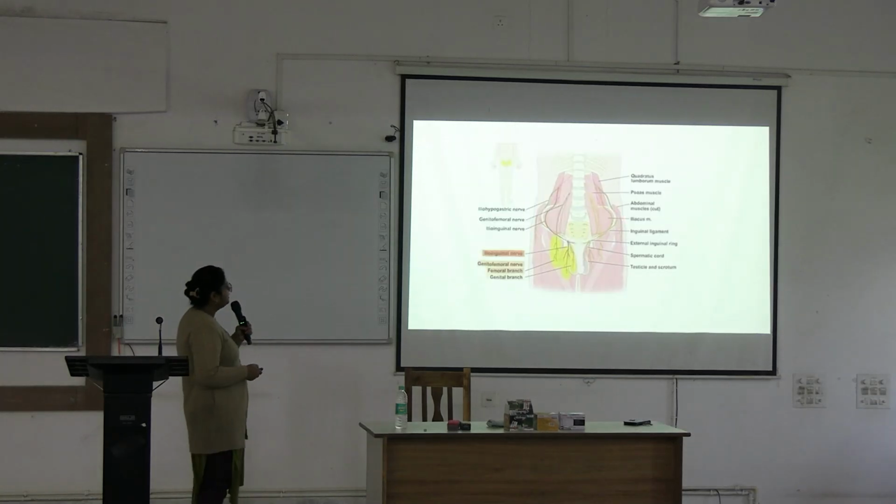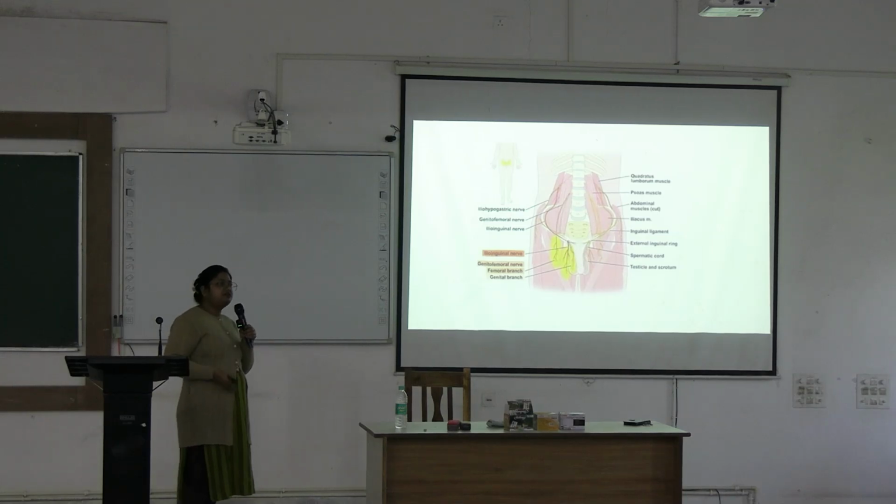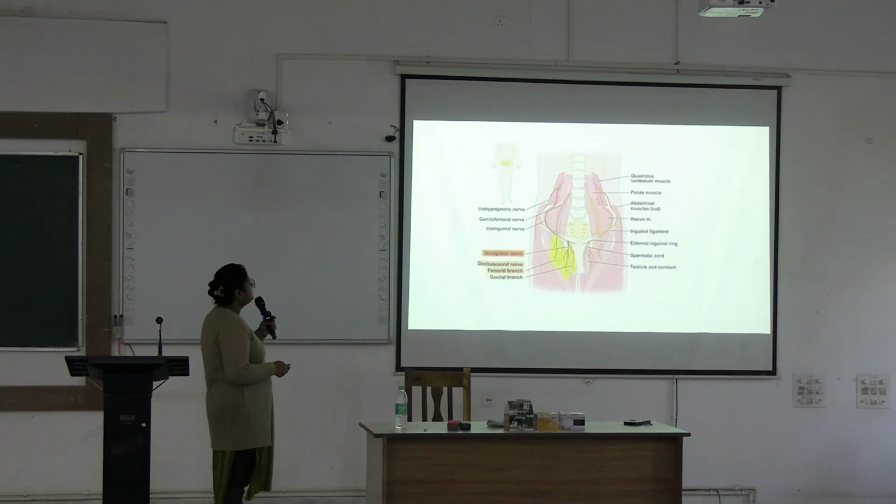Okay, see here, this is the course. This one is the iliohypogastric nerve. Okay, this is the ilioinguinal nerve. Here is the ilioinguinal nerve, and this is the genitofemoral nerve. The genitofemoral nerve mainly lies plastered over the psoas major. Okay, and this one is the ilioinguinal nerve coming from the lateral aspect of psoas major, lying over the quadratus lumborum. This one is the quadratus lumborum. Then it is crossing the iliac crest, and here it is lying over the iliacus muscle.